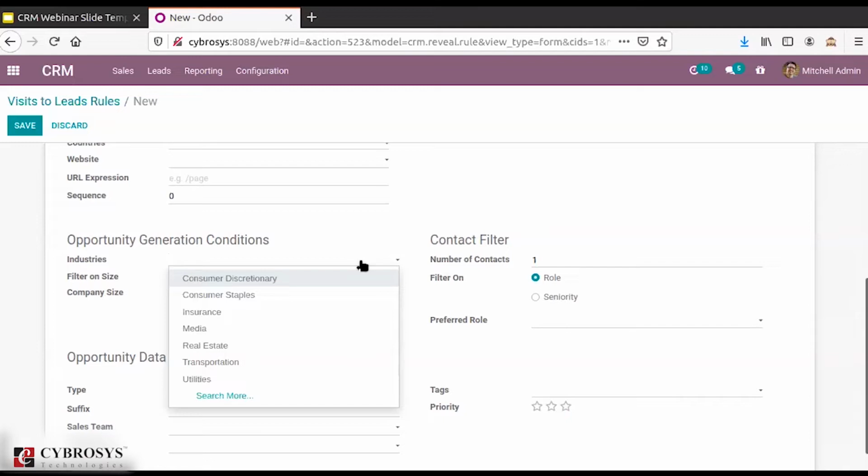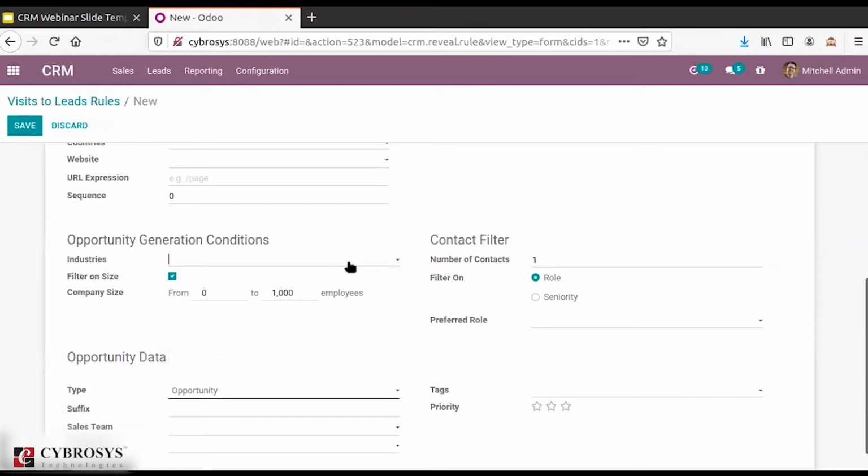So to filter and get the effective customers, we have this option so that we can filter based on the industries, then on the company size and all. Here we have certain other information to provide.